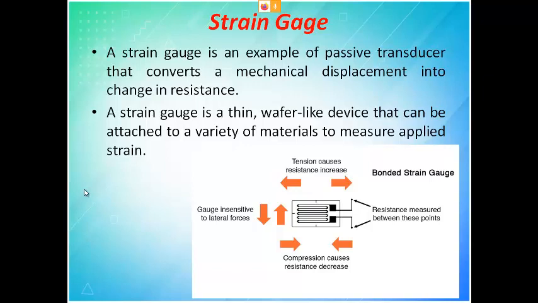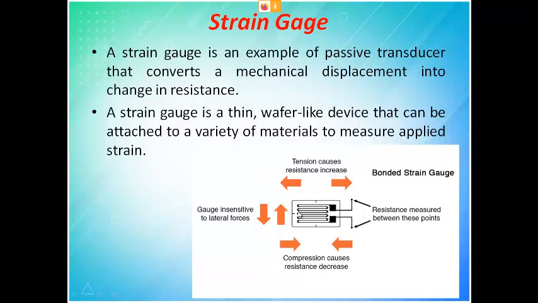So now what we are doing is we are taking a coil structure. When you pull it, automatically the length will increase. If the length increases, the resistance will increase. And if you compress this, automatically the area of this multiple wire will become like a single wire. So then area will increase. If area increases, resistance will come down. That is how this equipment is going to work. Finally I am going to measure resistance across these two terminals.